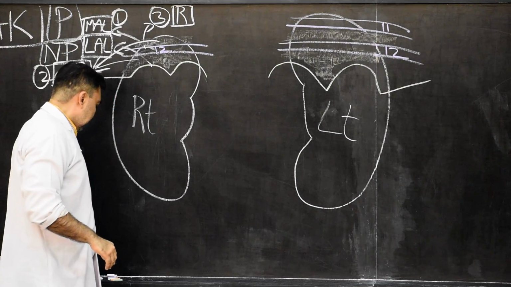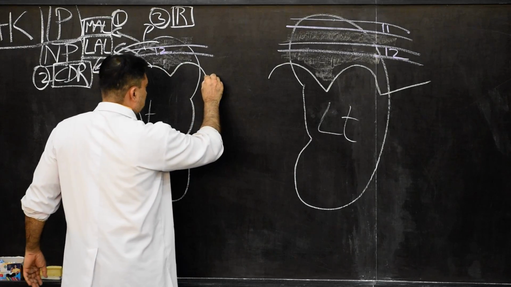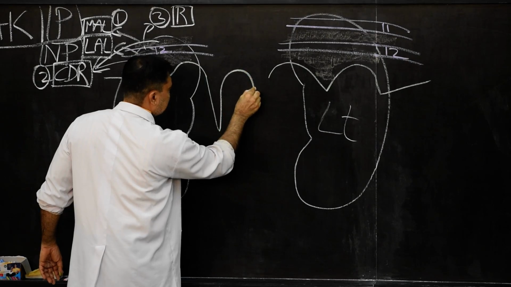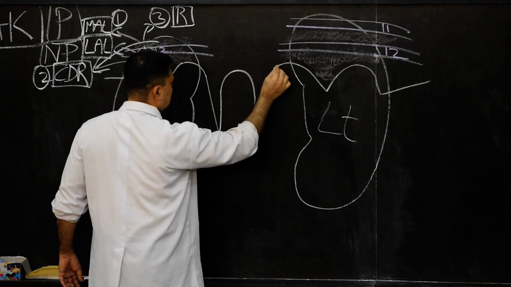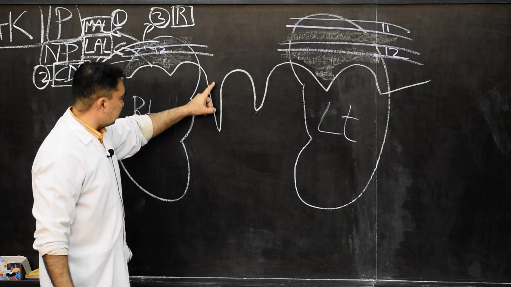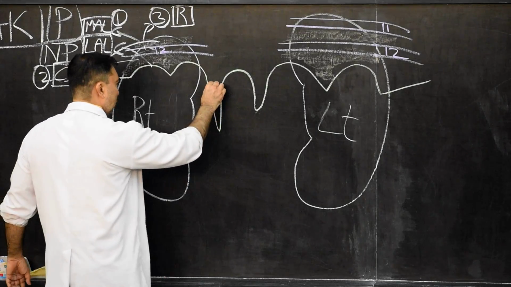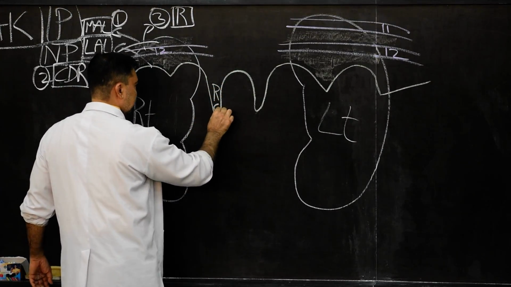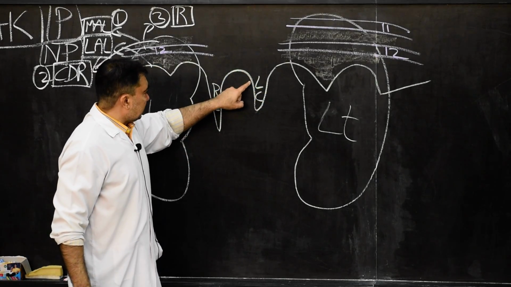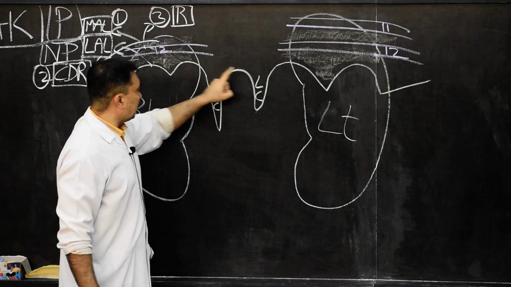Here we show, first we complete here, where my hand is, we show the right crus. This is the right crus of diaphragm, and this is the left crus of diaphragm. Now in the gross anatomy lectures of diaphragm, I have discussed with you, the right crus is at a lower level than the left crus. Remember that. So this is the right crus, this is the left crus. This point here is the median arcuate ligament. And these two are the medial arcuate ligaments.